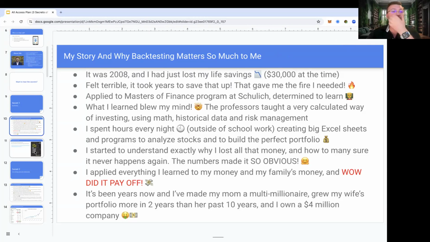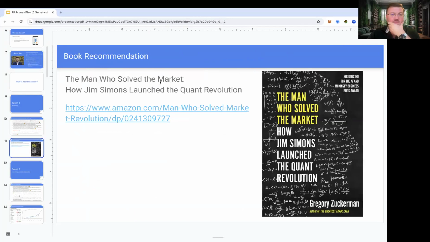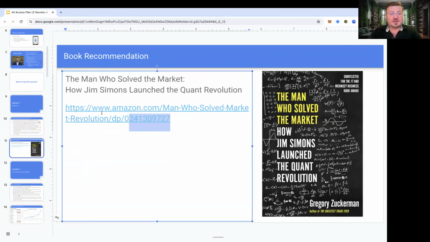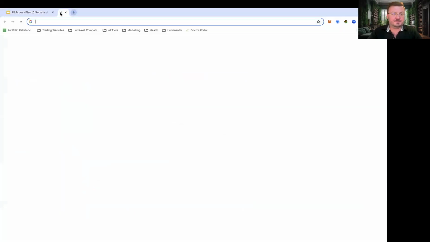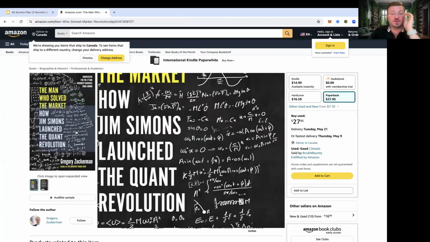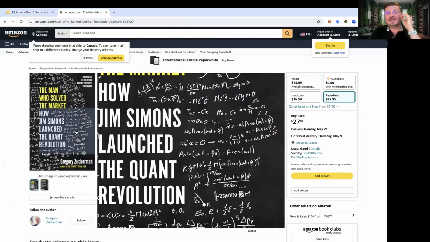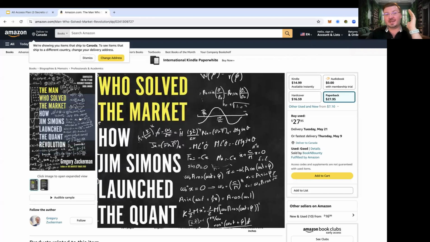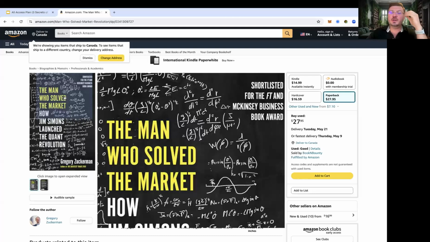All right, so if you guys want to learn a little bit more about this, here's a book that I recommend for you. It's called The Man Who Solved the Market. It's a fantastic book. This is the book here. It's about a guy named Jim Simons. If you haven't heard of him, Jim Simons is basically one of the pioneers of this field of algo trading. He was a mathematician back in the 70s and thought, what if I could apply my math skills to the world of investing? So he got a computer, hired some programmers, and learned how to make the world's first algo trading hedge fund, or one of the world's first, right?